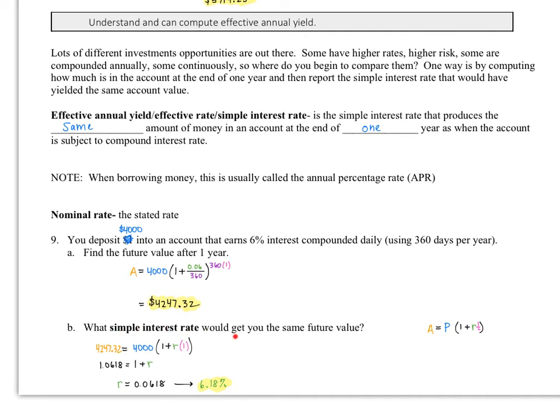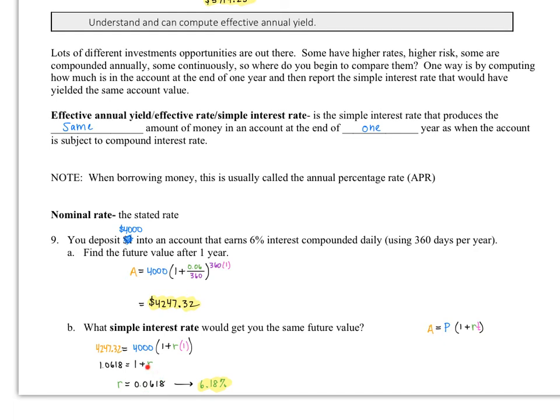So what simple interest rate would get you the same future value? So remember, simple interest is this formula, P times 1 plus R times T. So we're going to use this future value from part A, and we're going to set it equal to the simple interest formula. So we've deposited 4,000 times 1 plus R times T. We're talking about 1 year, so T is 1. So dividing both sides by 4,000, we get 1.0618 equals 1 plus R. Subtracting 1, we get R by itself, which comes out to be about